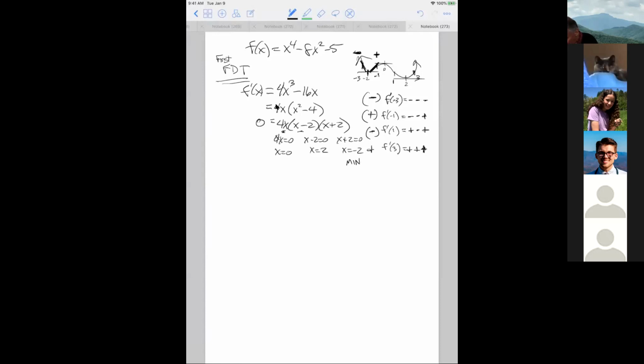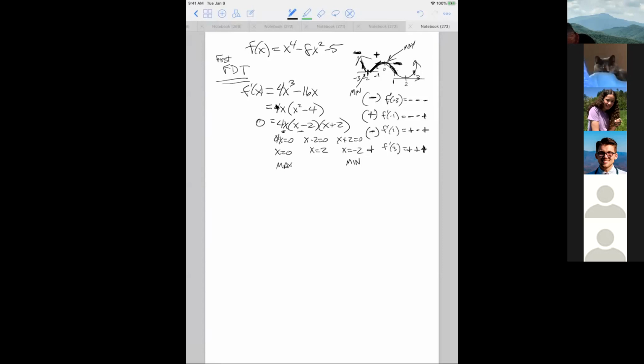All right? What about at 0? We got a positive at -1. At +1, we've got a negative. Therefore, it's positive to negative, so we got a max here. Max. This is a min. This is the first derivative test. All right? So at 0, we've got a max. And then at